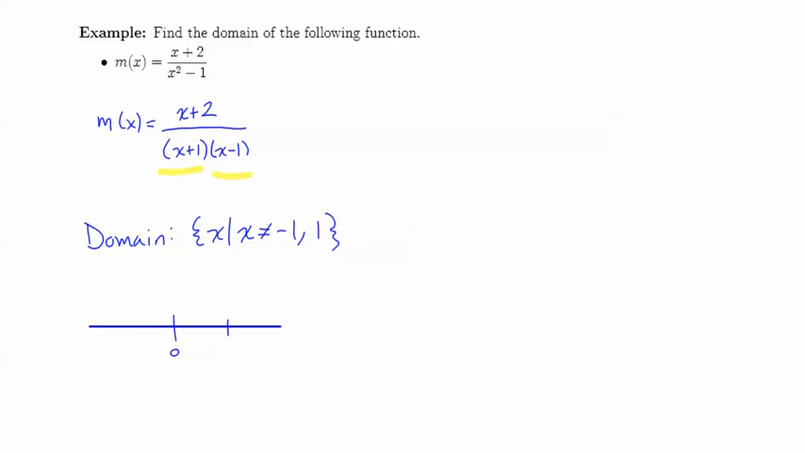We'll mark off 0, we'll mark off 1, we'll mark off -1. And so what we need then is all numbers except -1 and 1. So we'll go from -infinity to -1, and then from -1 to 1, and then moving on from 1 to infinity. So as an interval, we'll write these, we'll union these three intervals. So we'll write -infinity up to -1, union that with -1 to 1, and then union that with 1